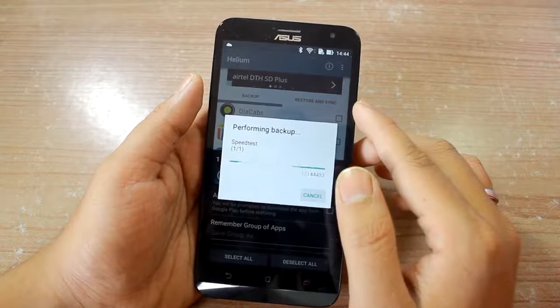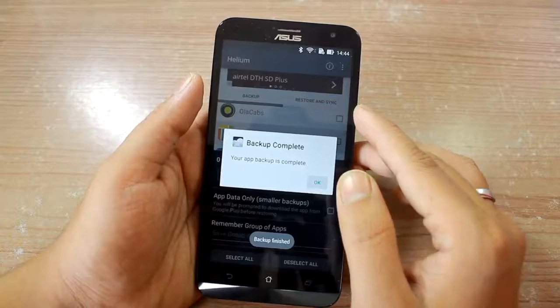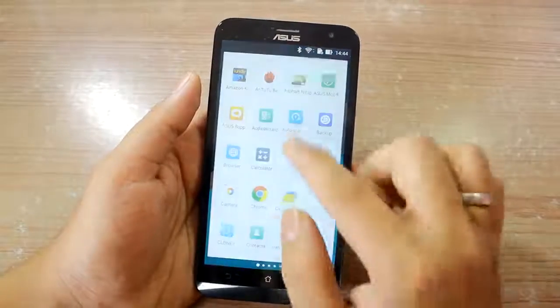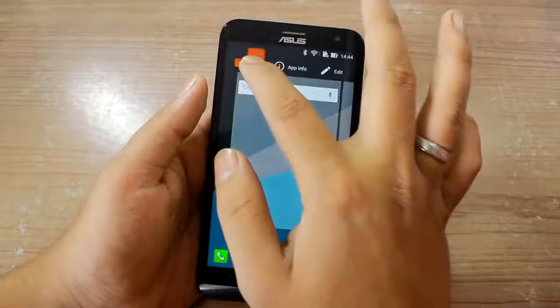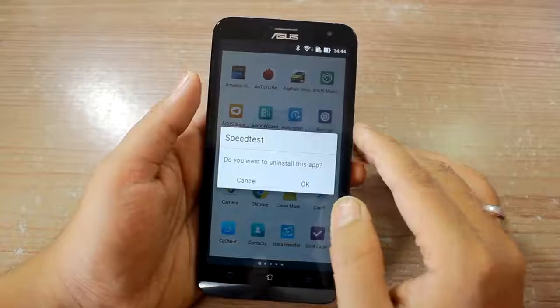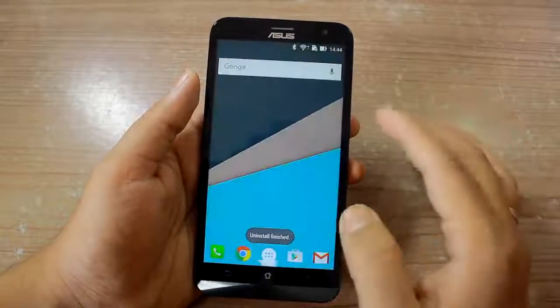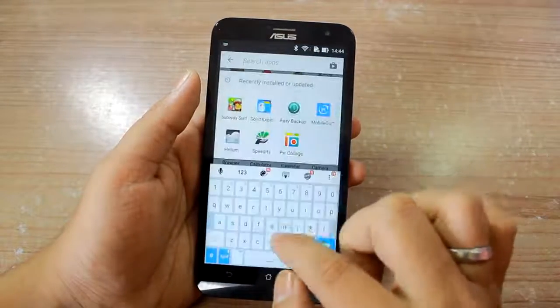Now it doesn't give any percentage or whatsoever while creating a backup, and you just have to wait for it to finish. Now once the backup is finished, let me just go ahead and uninstall my speed test application so that we have a clear view that the data is actually backed up and not the app itself. Now once I've uninstalled my speed test app, let me go ahead and again open the Helium app